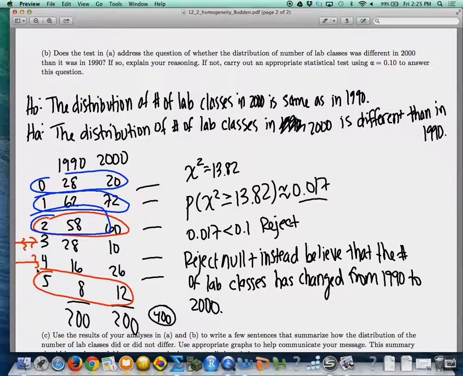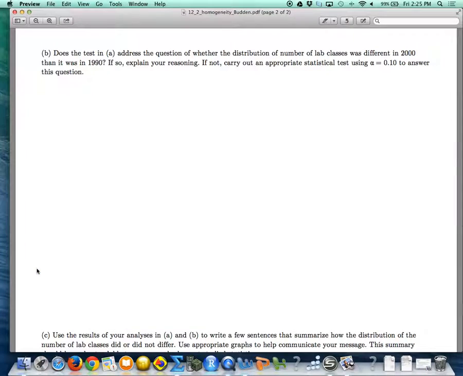Katie? Are there any tests or confidence intervals that are extremely common that they put on the AP test? Like, is there one